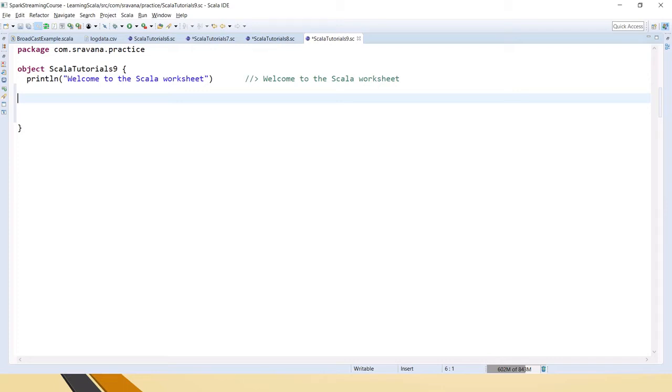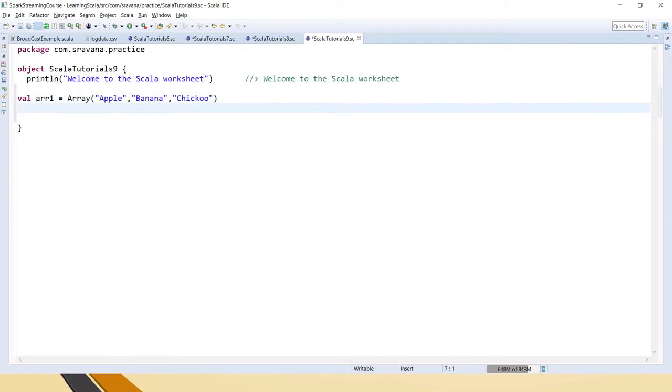So let's create an array. We'll say array1 is Array of 1, 2, 3, 4, a small array like this. This is very basic, so let me take strings as well. Let's take an array of strings. An array will accept only one particular data type; it won't accept multiple data types.